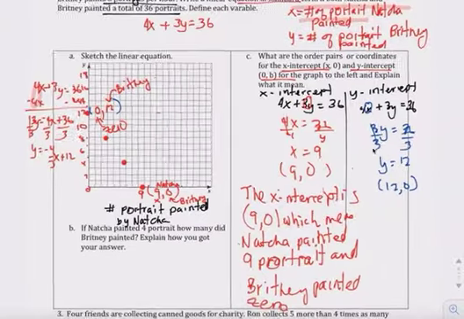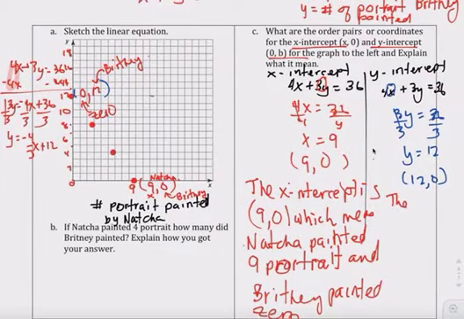The y-intercept was 12, 0, which means that, no, oh my gosh, what am I doing? I can't believe I put 12, 0. Y-intercept is 0, 12. Was 0, 12, which means Brittany painted 12 portraits and Nacha painted 0 to make a